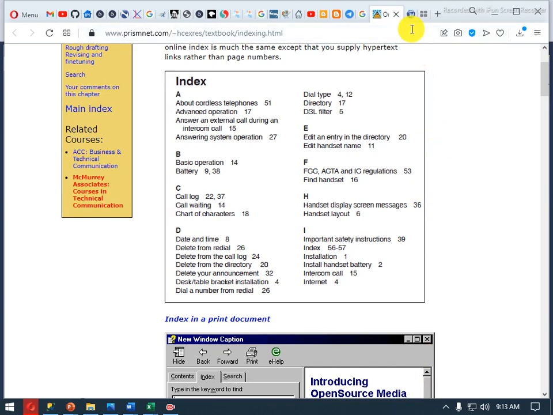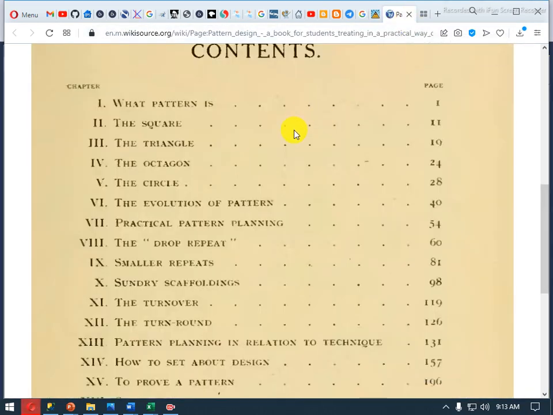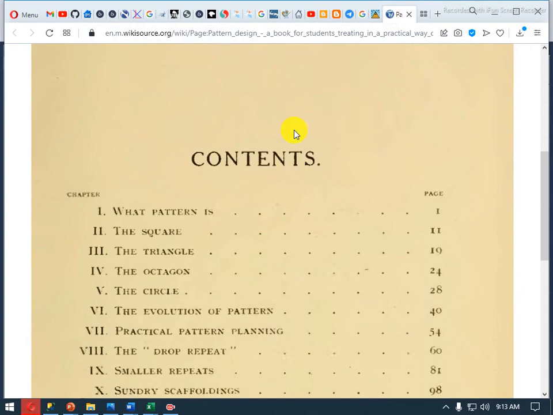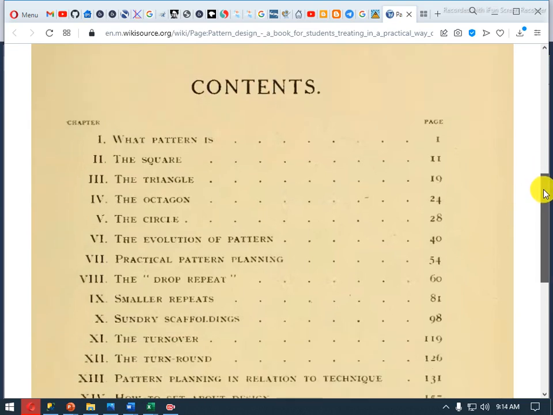For an example of the index, see, this is the same as in the book we read in class, college or school. When you open the book, there is the index, which is the contents. Same as here, you can see what is on page number 1. So this data is arranged page-wise.